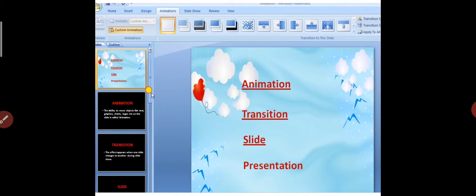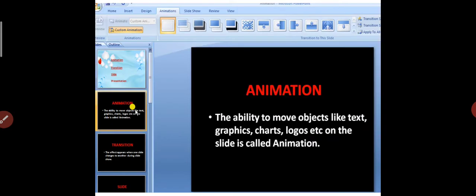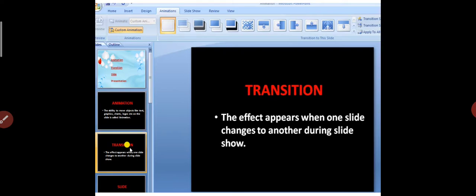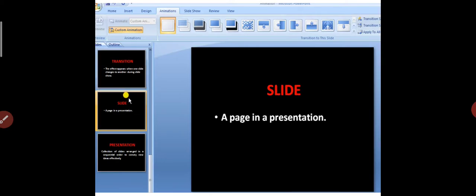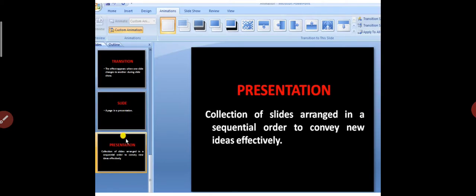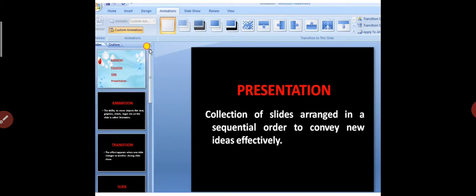In the coming slides, second, third, fourth and fifth, we have given the definition of each one. In the second slide, the definition of animation, third one transition, fourth one what is slide, and the fifth one what is presentation. All these terms we are using in this chapter related to PowerPoint.